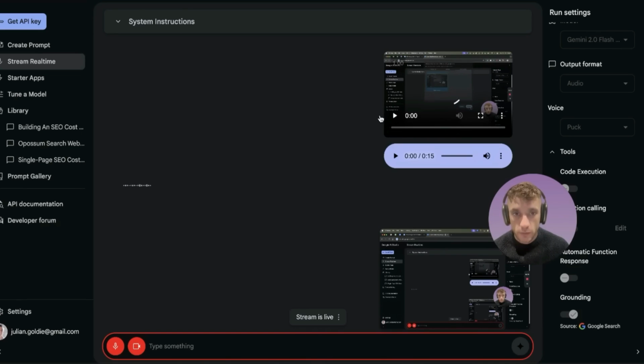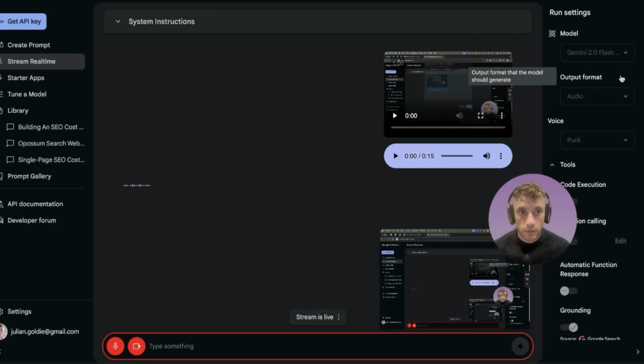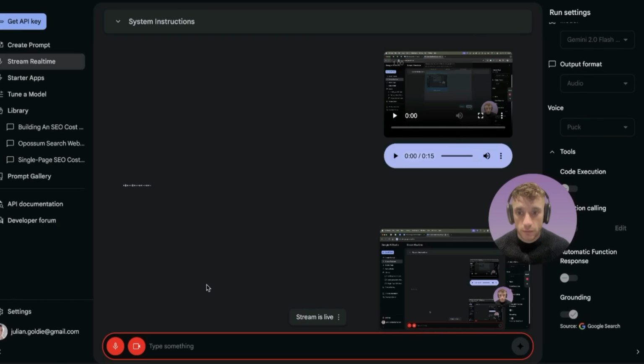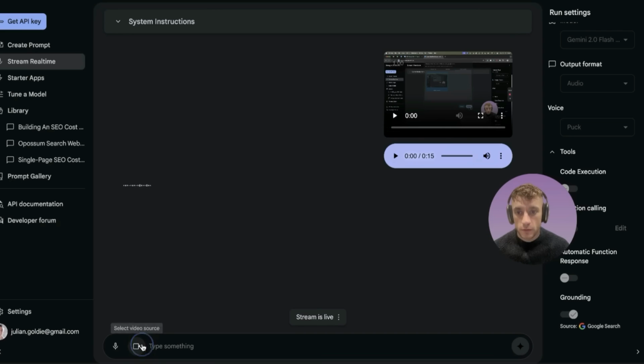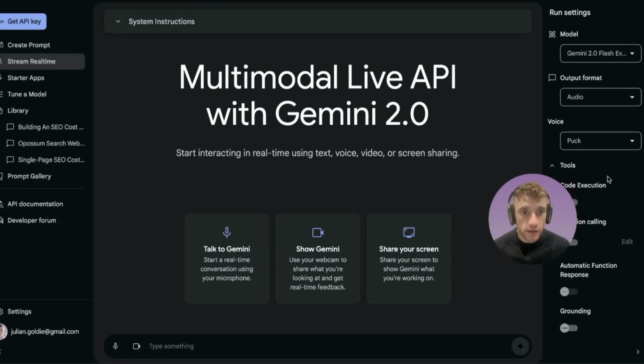Sure, the user is sharing their screen, which shows the Google AI Studio. You can see a side menu with several options, including Get API Key, Create Prompt, and Stream Real-Time. A main portion of the screen is set to the Stream Real-Time page. You can also see system instructions collapsed at the top. The right side of the screen shows Run Settings with the model set to Gemini 2.0. It also includes output settings, voice, tools, and grounding. At the bottom of the screen,